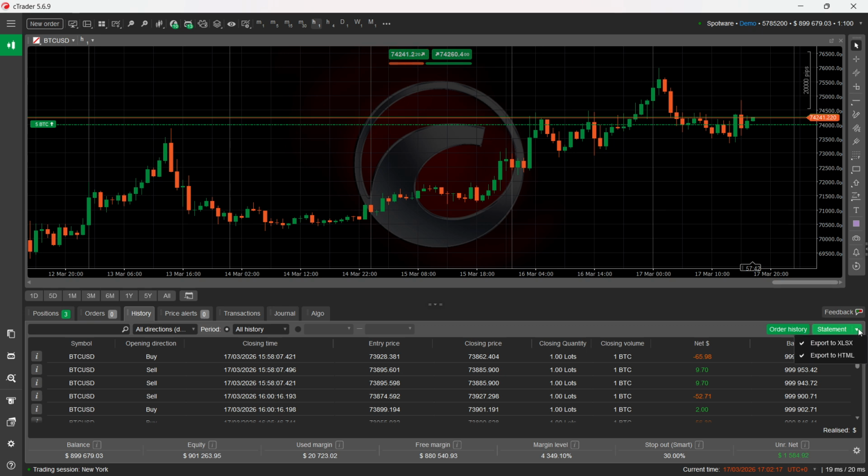You want to click on this arrow down, and you can select how you want to export it. So you can do HTML or XLSX. So it's up to you, whichever one you want. This is going to be Excel, and this one is HTML. I'm just going to do both of them, and then just click on statement, and this is going to open